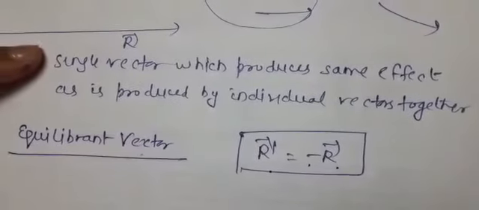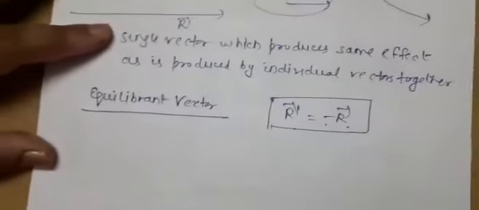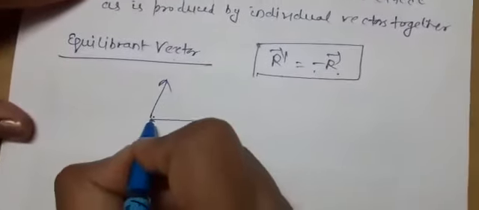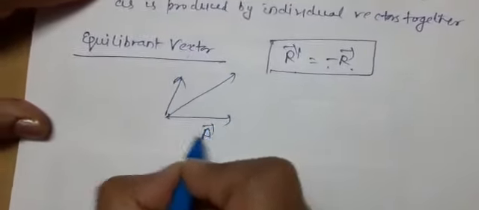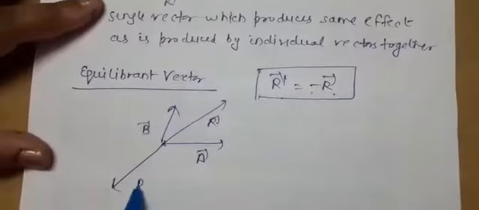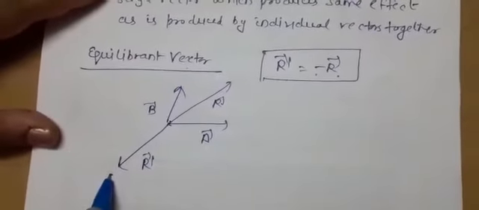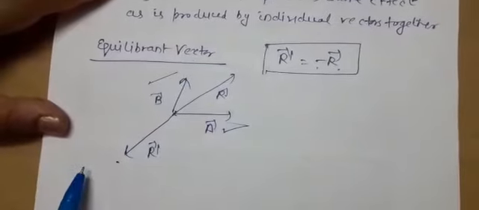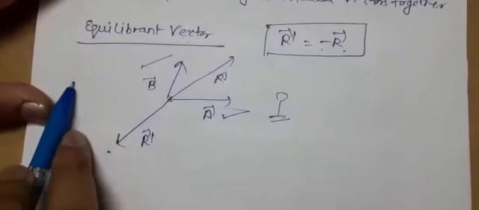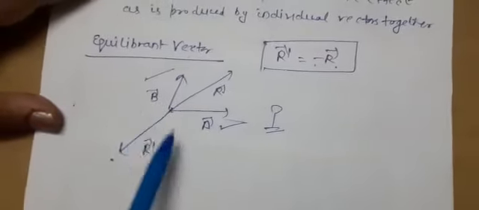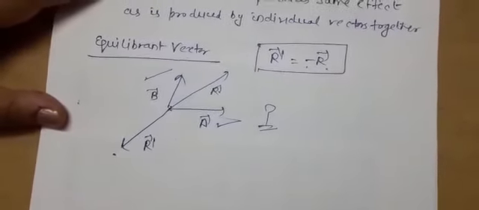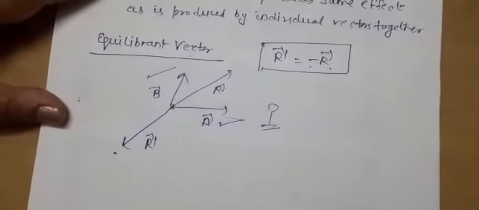So this is the equilibrant vector, and in the definition which we take, it is a vector which balances two or more vectors. Suppose we have these two vectors and their resultant may be lying somewhere in between. I will discuss in my next lectures how we will take the resultant. May be lying here, then R dash will be a vector that is balancing these two vectors. How? This will be explained in the coming lecture. So it is a single vector that is balancing two or more vectors acting on a body at the same time. Or in simple terms, you can take that it is the negative of the resultant vector.